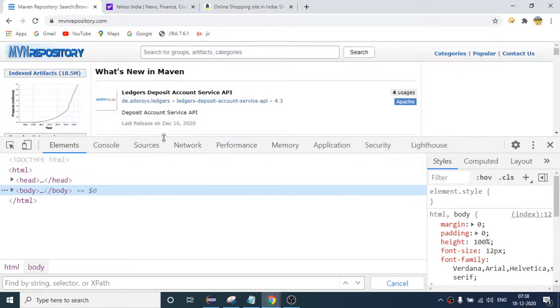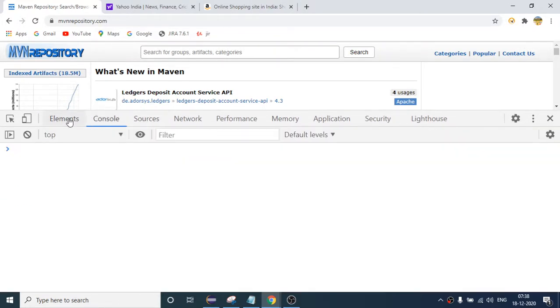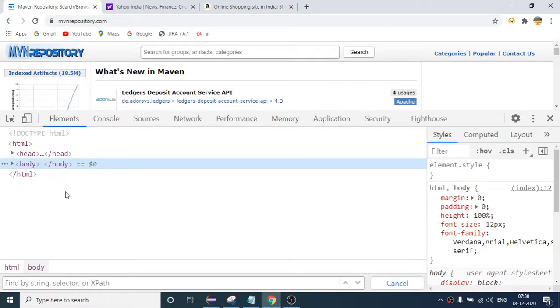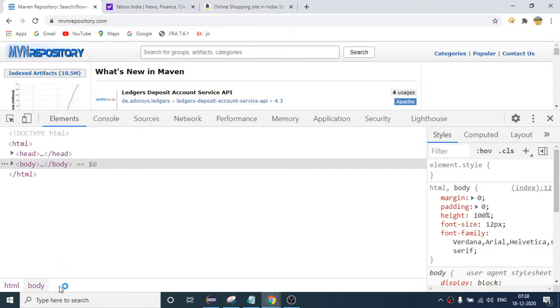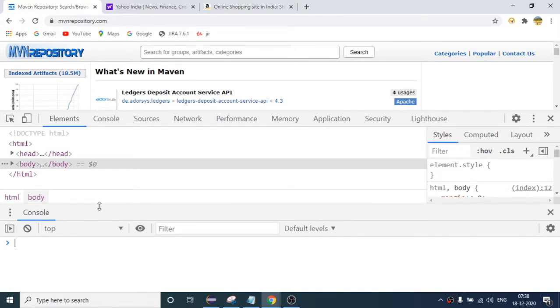So if you want to have this console output, instead of clicking here, I want to have it here only, so that I can also see this. Just hit the escape button. So you can see here also we can see these two in parallel. So I will write an absolute XPath. Suppose I want to click on this, sorry, send some text.